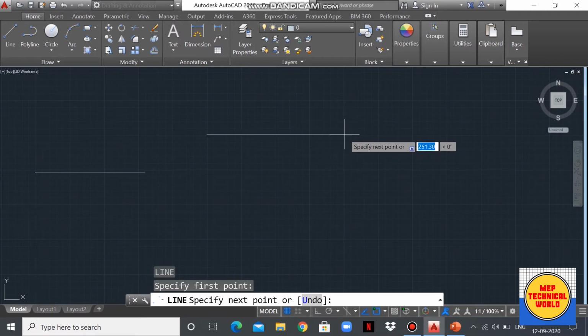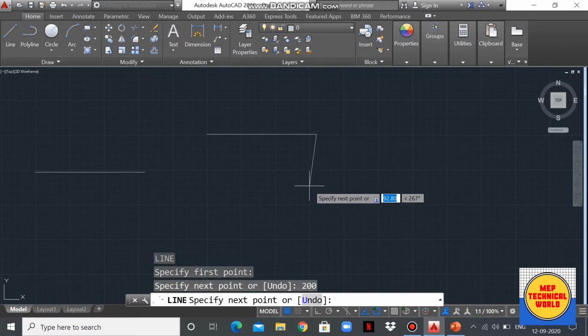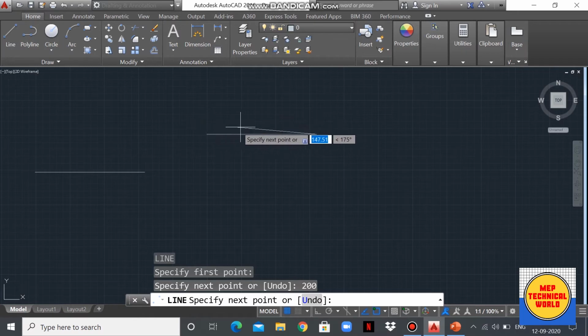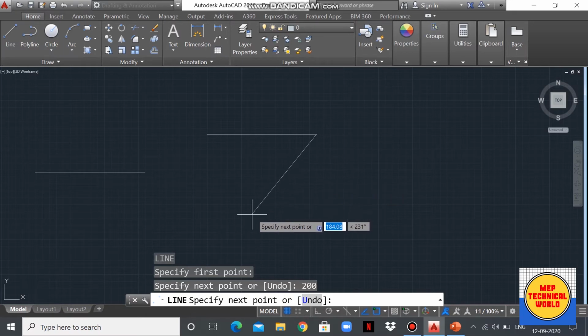So let's enter 200. Press enter. Now again you will see this statement specify next point. So we have drawn first side of the triangle. Let's draw second side of the triangle.